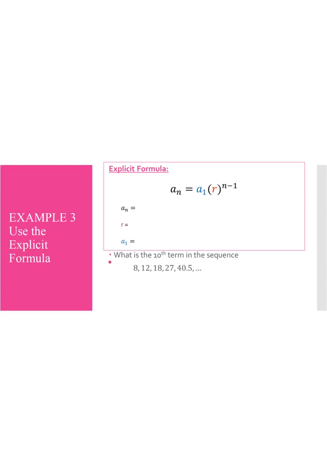Okay, so recursive formulas are beneficial in that they help us identify the pattern, but it's really hard when we want to find a particular term. So that's where we insert these explicit formulas, which help us find any term. And we can find any term by just plugging in the term that we want versus having to follow a pattern. So our explicit formula, which is given here, a sub n equals a sub 1 times r to the n minus 1,